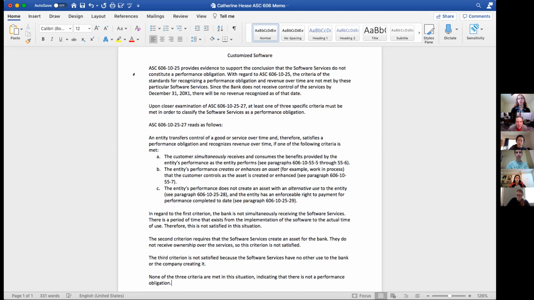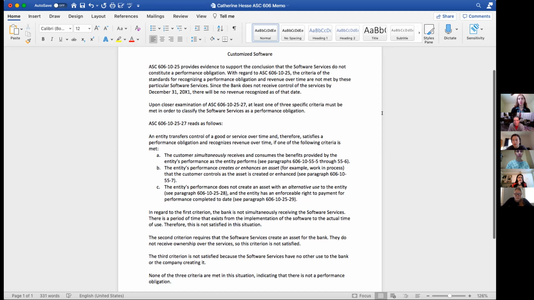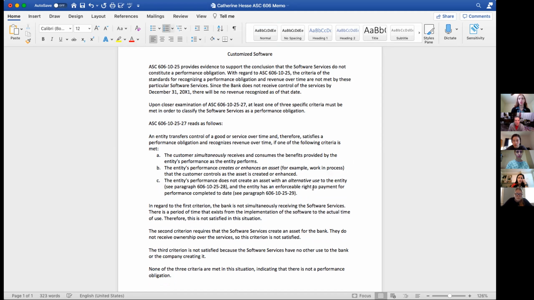What I want to actually do is a little exercise, and everyone's going to help with this. Catherine wrote a memo that's 331 words. I want it to be 250 words. What can we cut? And I'm going to throw the first volley out there. So we see the criteria. Do you see everything that's in parentheses on the criteria? See paragraph 606. Let's just take that out because it's not relevant. And so let's do that and see how many we can get rid of.